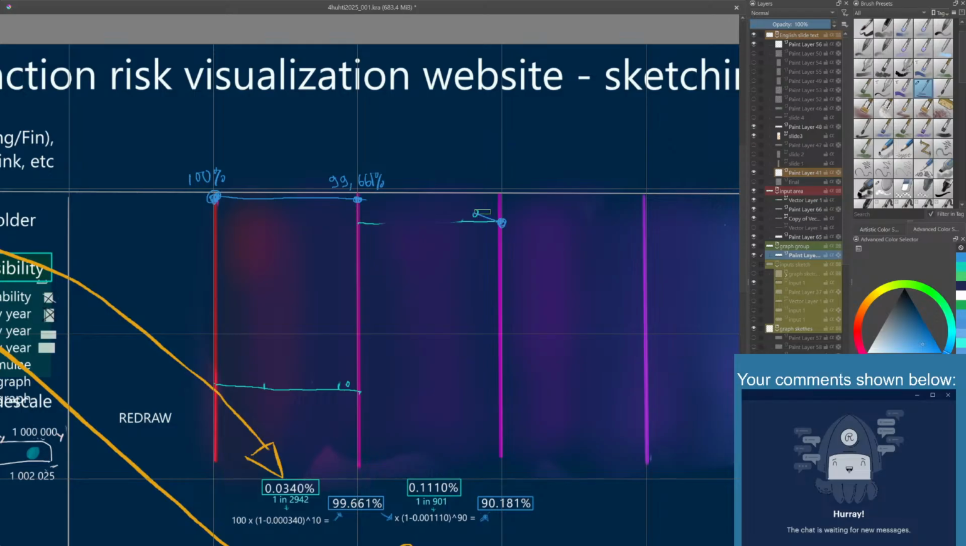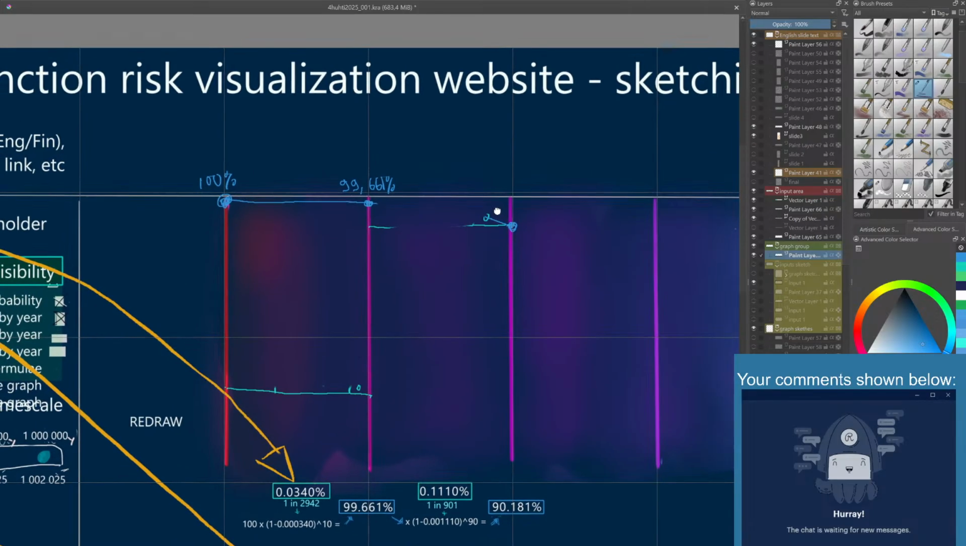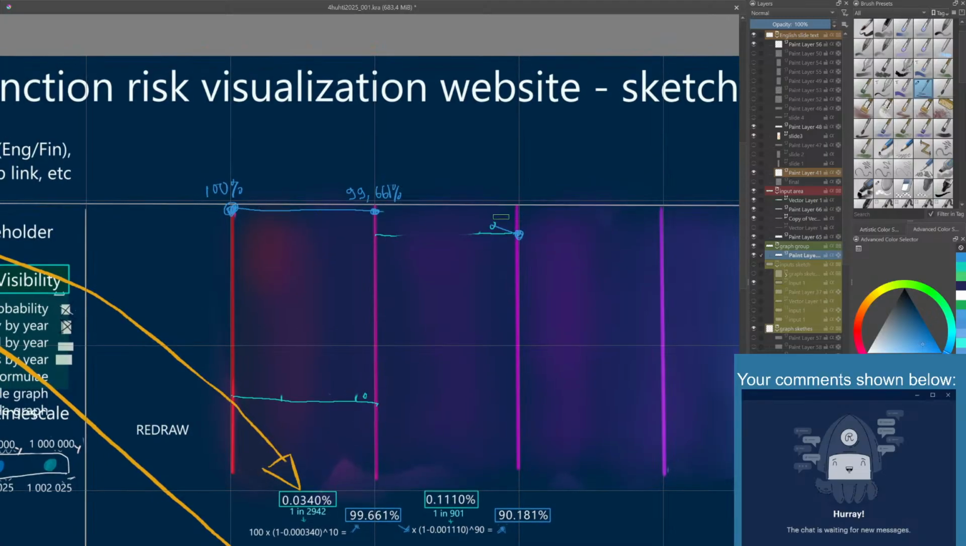How do I handle the overlap? I think I handle it by not having them in the same spots. For example, I could have something like this. So here we have 90.181%. Okay, here we have a bit of an issue, because the background color is so distinct, so